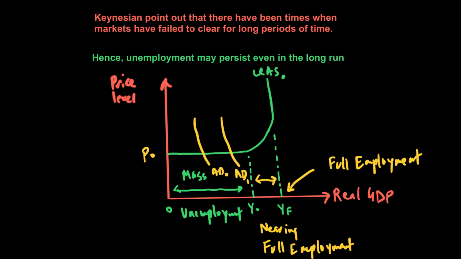But what if the AD rises further? What if AD is like AD2 or AD3? This is where we can see that the rise in AD is causing the price level to rise, because now we are nearing full employment and there is what we call the lack of spare capacity. And then comes, for example, AD4, which is a time when we are at full employment, where there is no rise in GDP, but only a rise in price level,